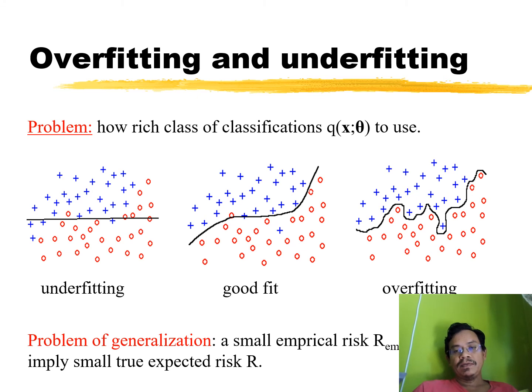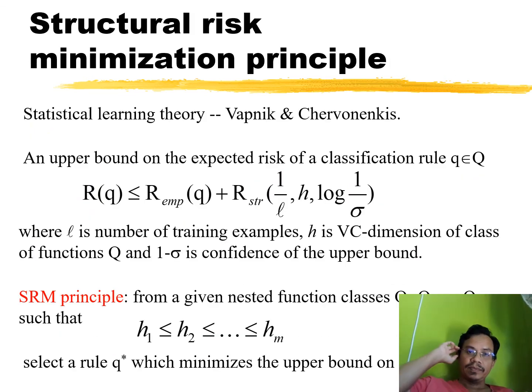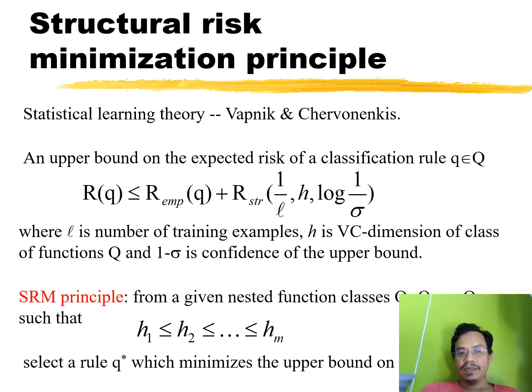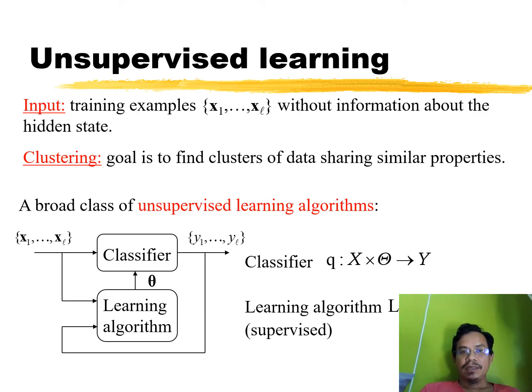You have a very complicated classifier, so we call it overfitting. Okay, this is also theoretical, structural risk minimization theory of classifier. I skip this one. In order to train our classifier,